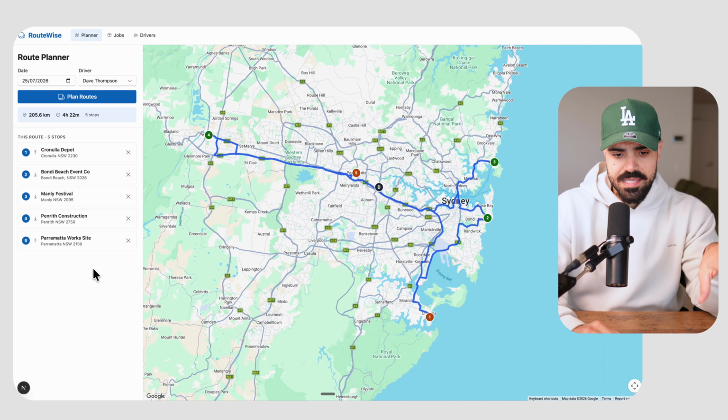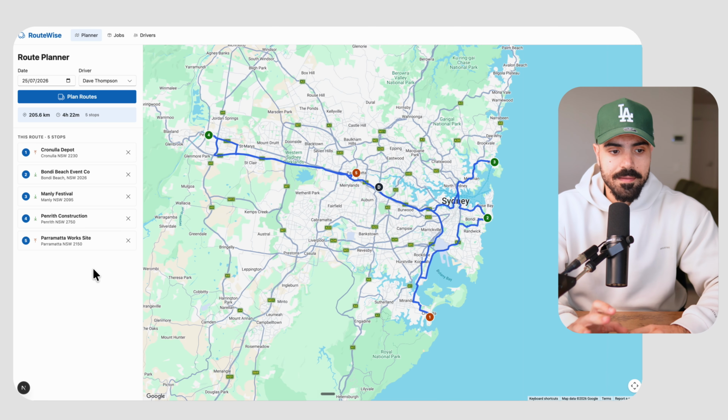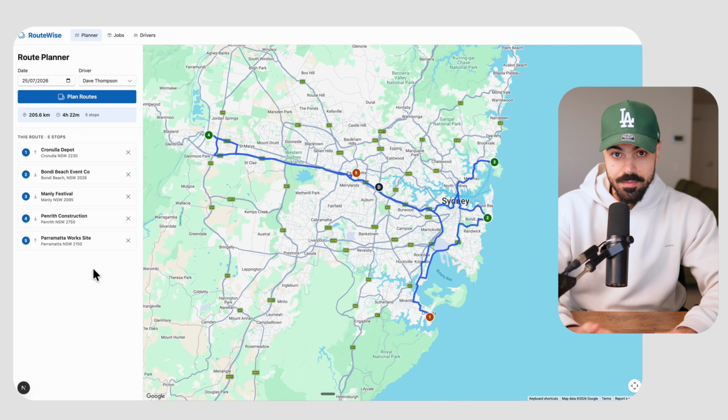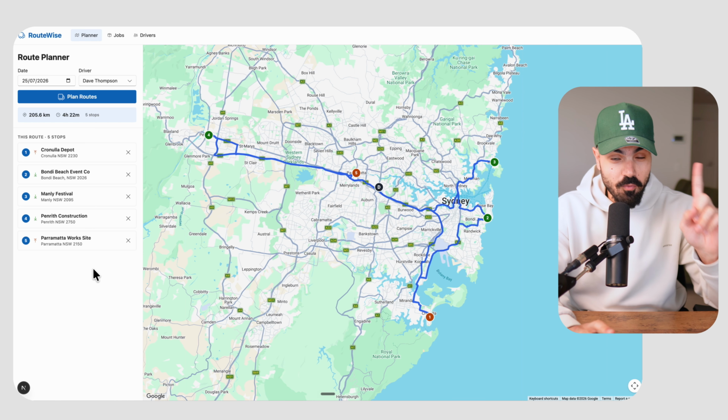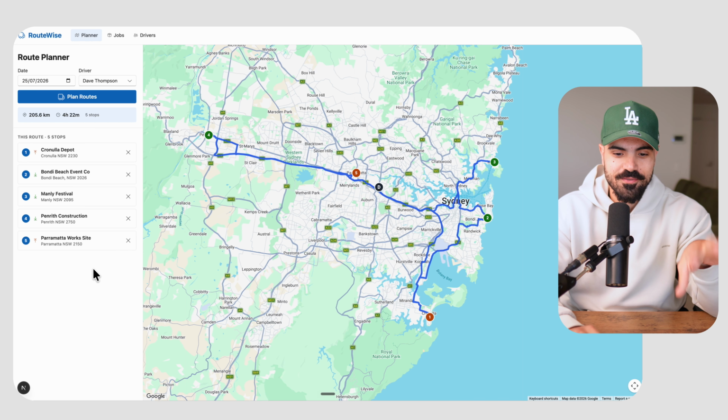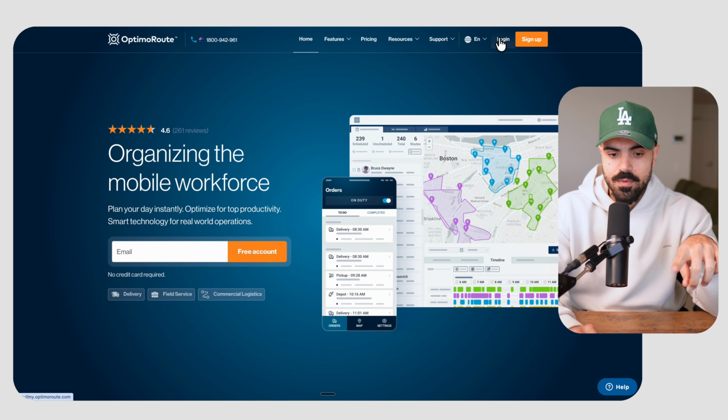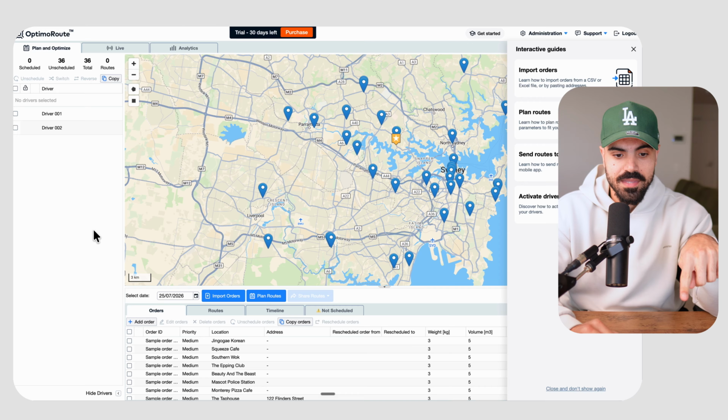Now we want to update this user experience to be more like OptimoRoute. This is an amazing first prototype. It did this from one prompt, mind you, one prompt it was able to develop this. So what we're going to do now is log into OptimoRoute so we can look at the more detailed user